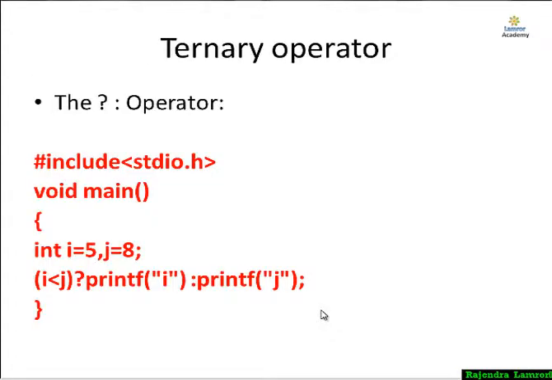As an alternative to if else we have the ternary operator. This can also be used. Simply put include stdio.h and write a simple program, and I will show you how this program works. In the ternary operator we put some condition initially. If the condition is true, then we run what is written between the question mark and the colon. Or if the condition is false, then we run what is written between the colon and the semicolon. This is the process of how the ternary operator works.